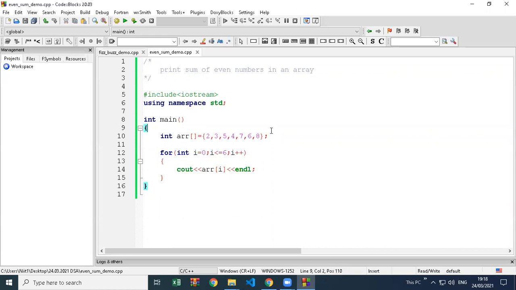Now I want one more. Now you have done your task. First task was just to print all numbers. That is done. I want one more person now to print only even numbers. Then we'll try the sum part. So we'll do one by one. I want 3 participants for this. One part is already done.